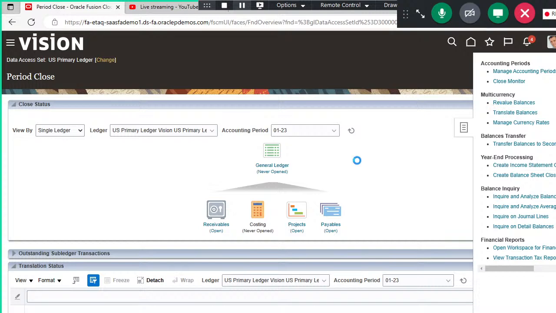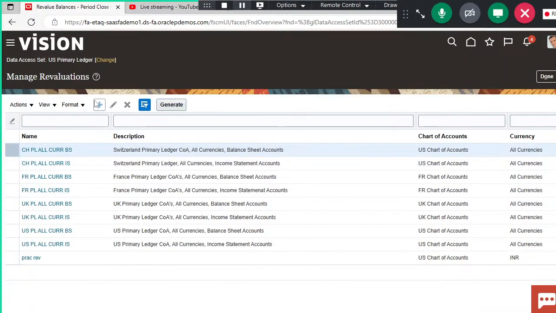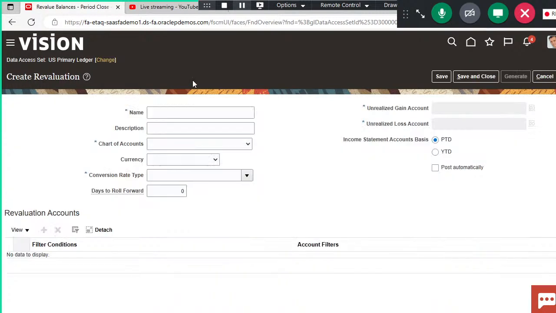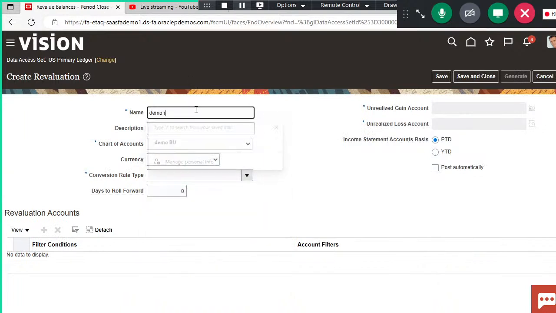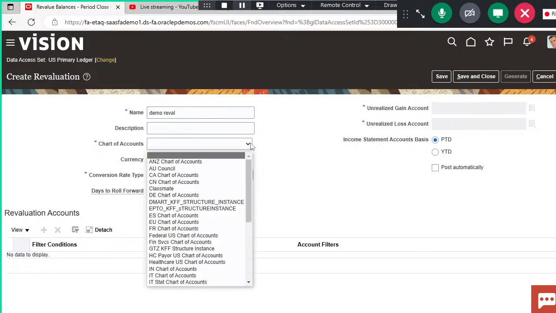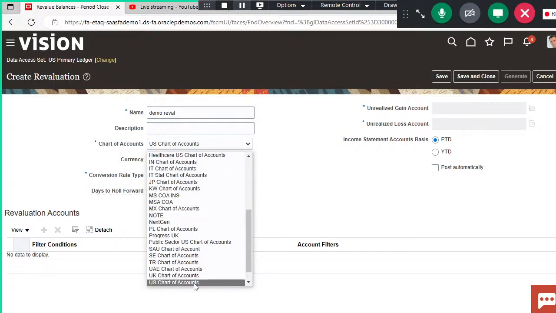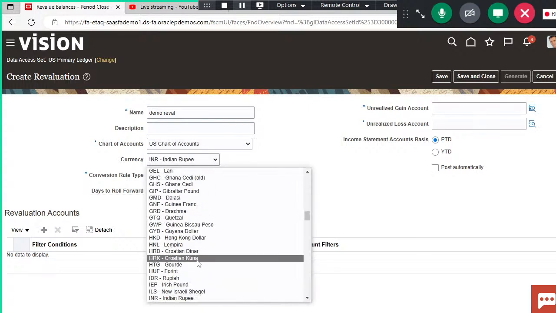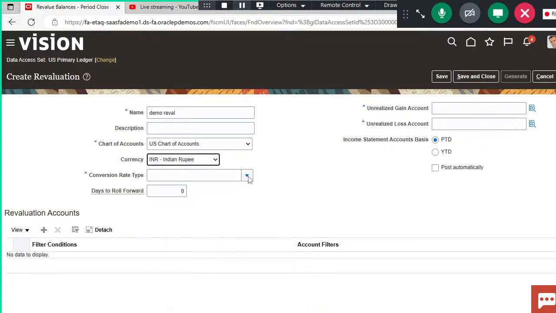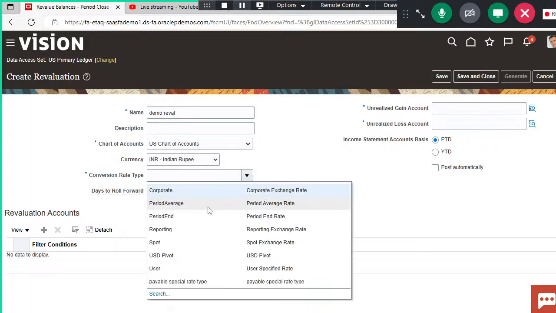Just select this, click on this add icon to create a new one, give a name, like I'm giving demo revalue. Select your chart of accounts, mine is US chart of accounts, give currency, it will be INR, conversion rate type will be corporate,